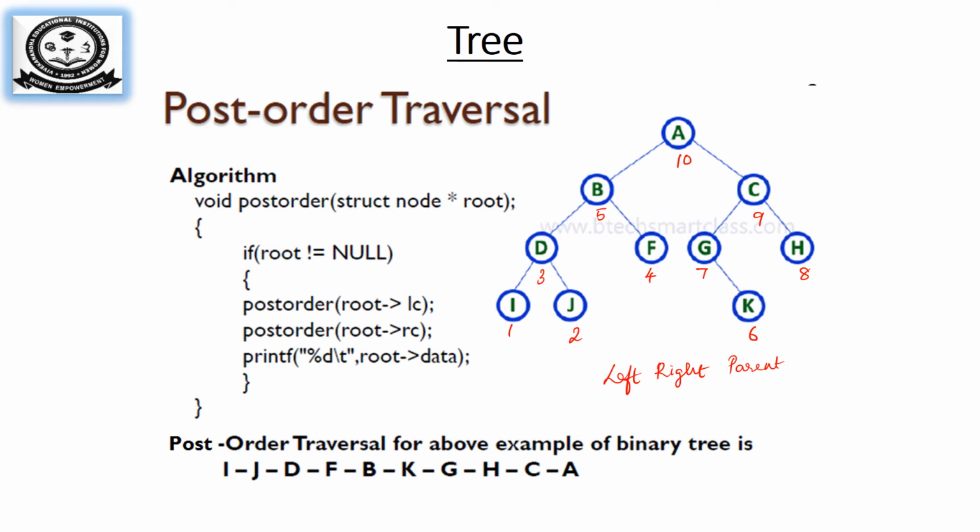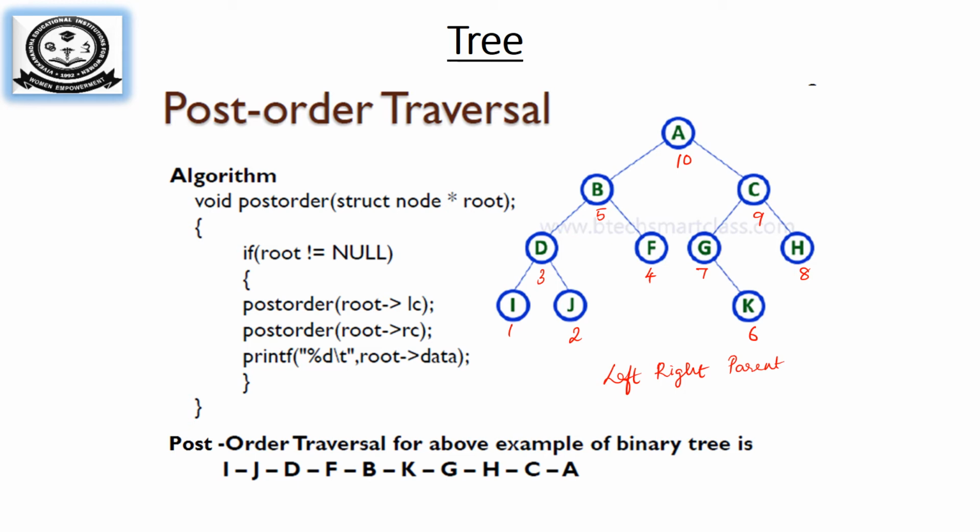Now for example, we have taken a binary tree. For a binary tree, the concept is LRP: left child, right child, finishing all the child nodes, then we print the parent node. So when you start from the root node, we check whether it has a left child. Yes, it has a left child, it comes to B. Check whether it has a left child. Yes, it comes to D. Check whether it has a left child. Yes, I is getting printed now.